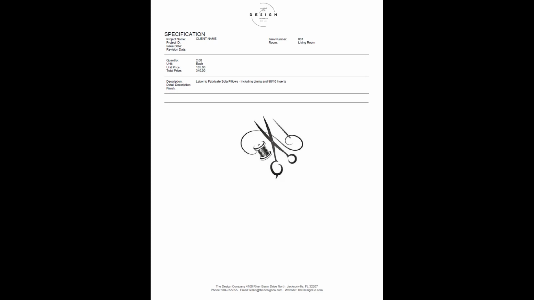Now, there's all types of reasons that this very detailed information about each element of the pillow is documented. The designer may need to refer to it at a different point in the project, at a later project, or share it with someone involved in the project. And that's why these documents are created.